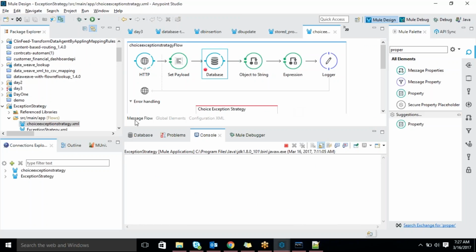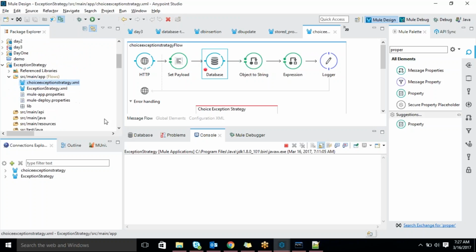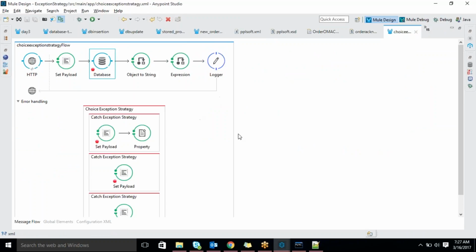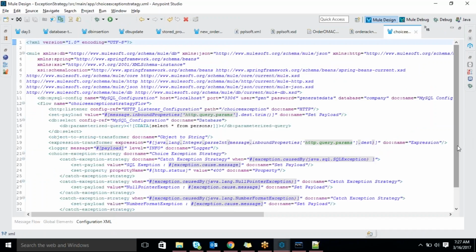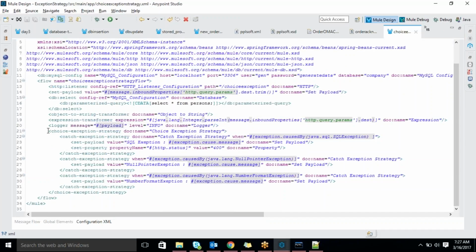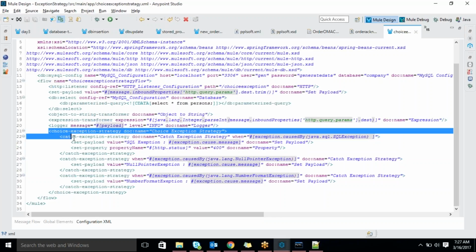Okay, so anything else? No. That is about exception strategy. The other thing I told you about yesterday was the mapping exception strategy, right? I am trying to push it